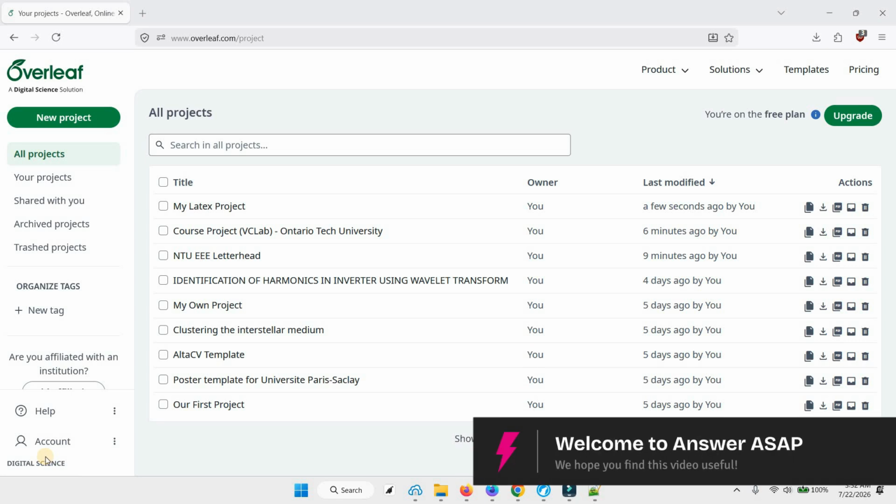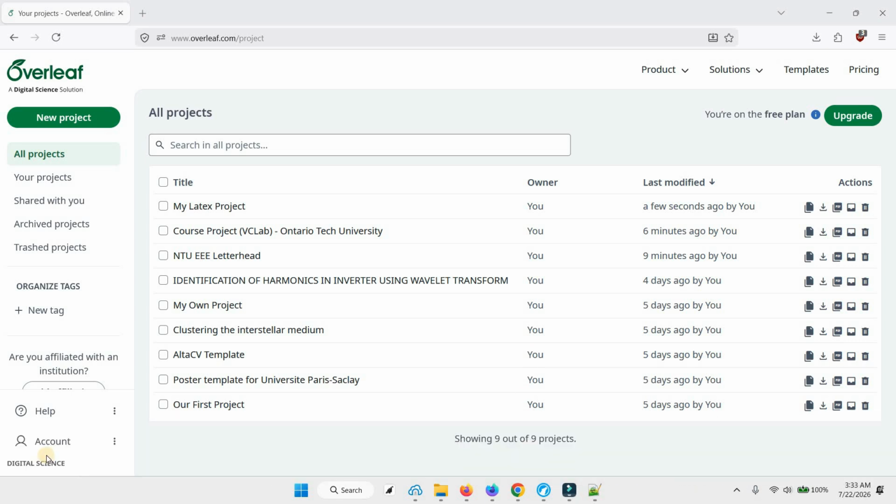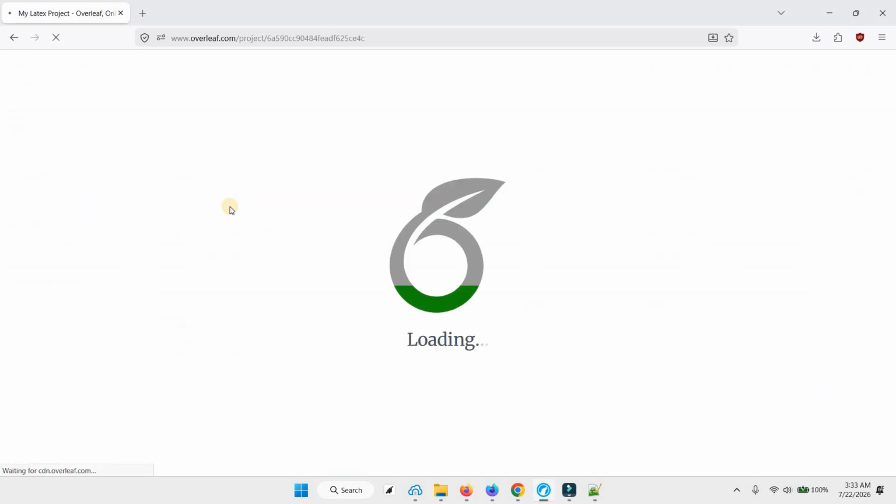This is how to increase font size in Overleaf. Go to Overleaf and from your project dashboard, select a project, or you may want to create a new one. We will select a project, let's say this one,